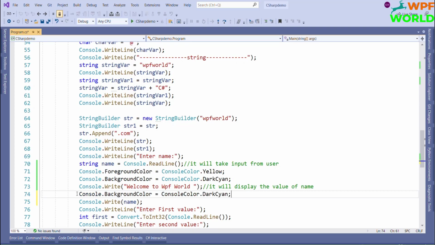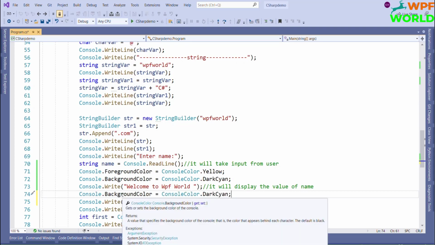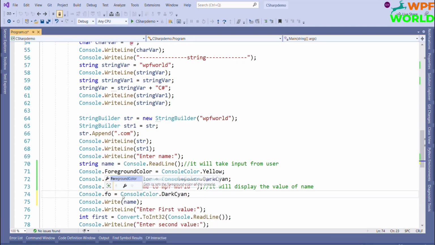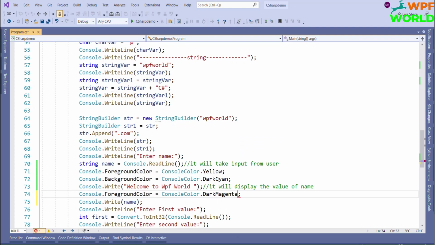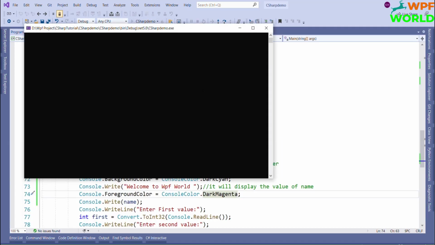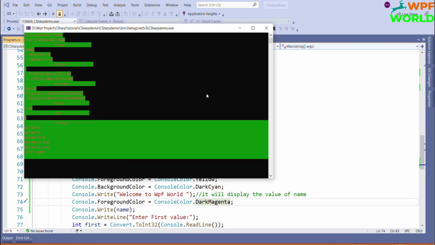We will add a color before the Write method. ForegroundColor I wanted to change to dark cyan. We'll change to a different color, dark magenta. Now let's run and see the output. I will give the input as Kumar. See, Welcome to WPF World Kumar, and the name is in a different color, and after that whatever output we have will be in the same color.